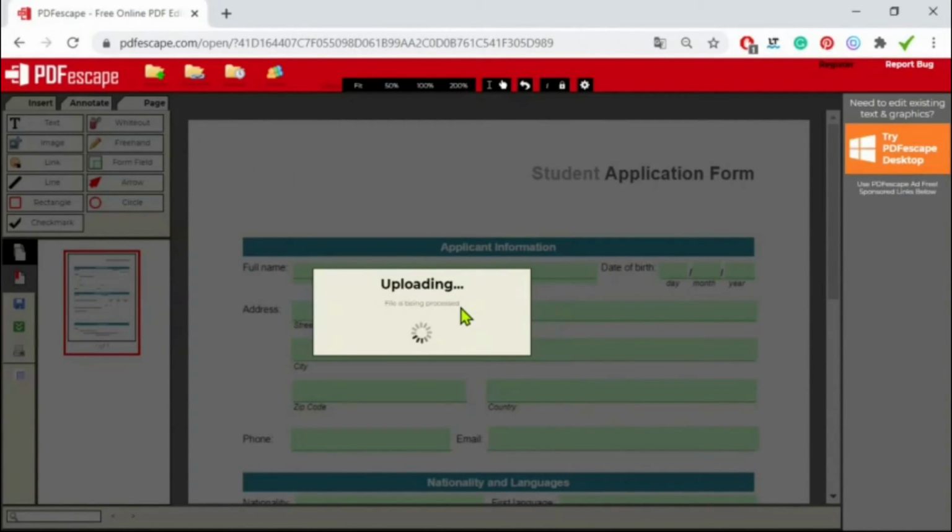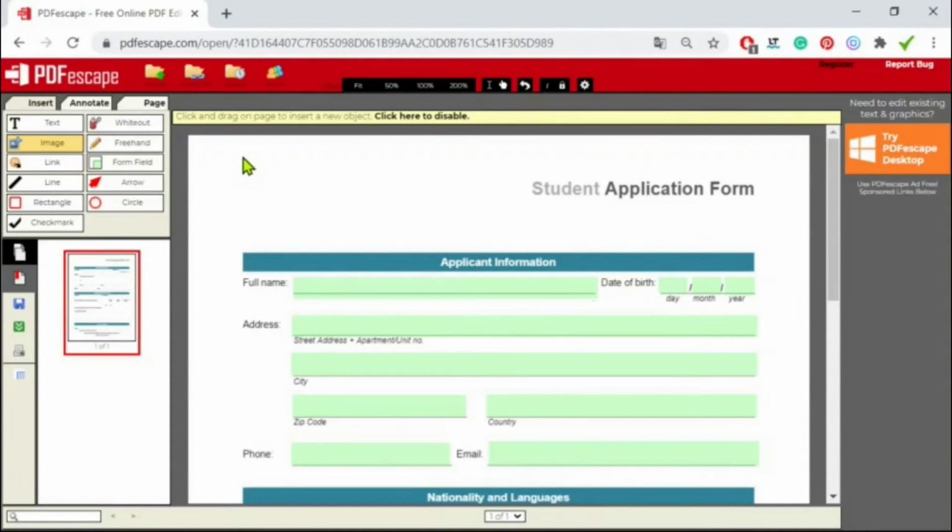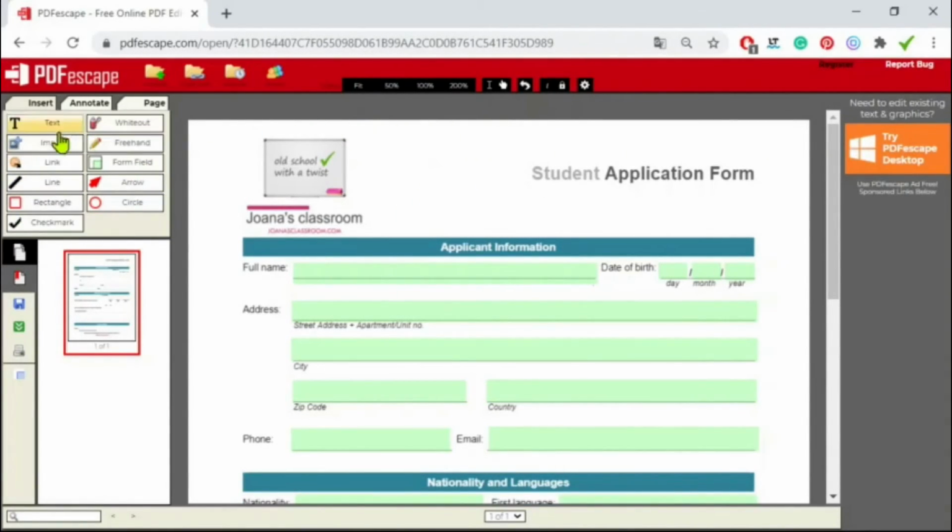And now I'm going to click on the spot where I want my picture to start, and I'm going to drag all the way. And it will resize automatically, but you can change it, of course. You can make it smaller, you can adjust whatever settings you see fit. There's another button here in the Insert tab that might be useful for your projects, which is the link button. If you have a website or a page on social media, you can also add a link to your form.